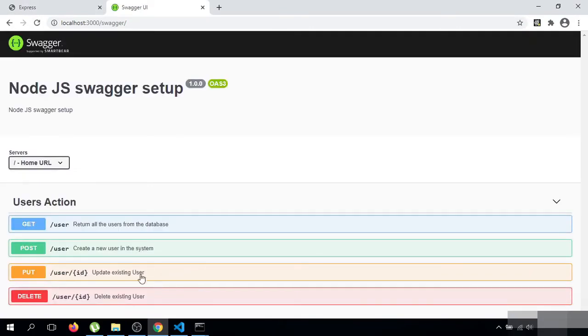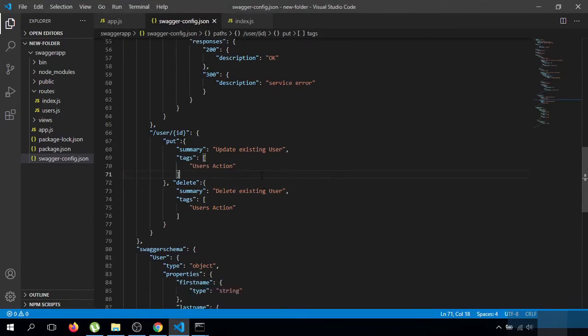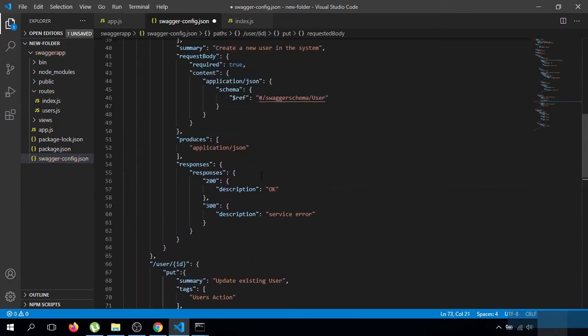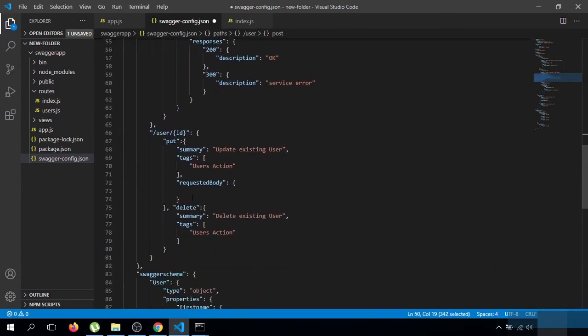See that we have a summary of these new routes. Add user because